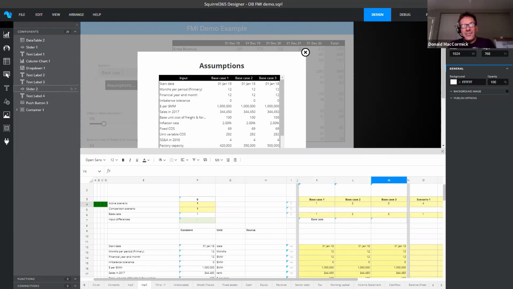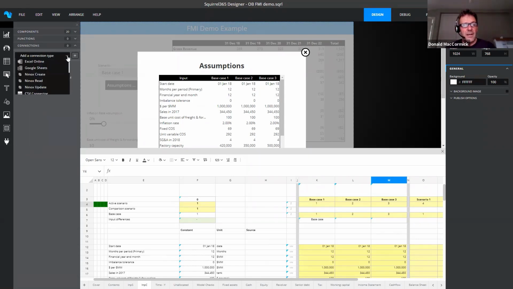That's how you create these things. That's some of the behavior. The only other thing which I haven't introduced, I won't go in because you get more value out of seeing some of the examples, is that we also have the ability to connect to external data and databases. We support a really nice online database called Ninox. You can read data from Google Sheets and Excel. You can read and write to Ninox. We've got a preview of reading and writing to